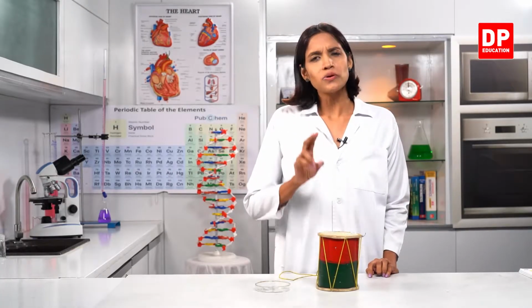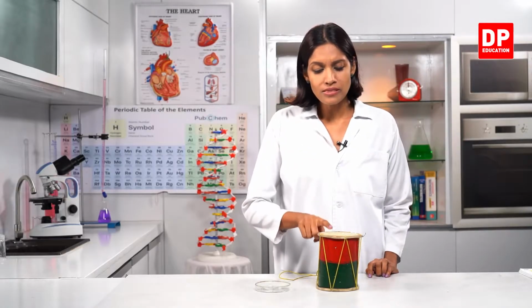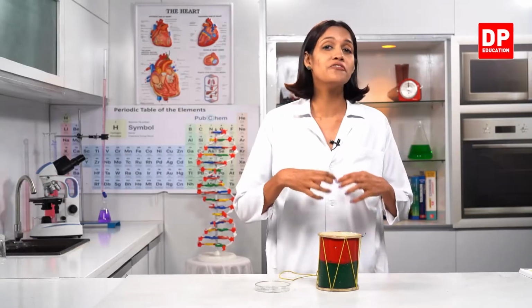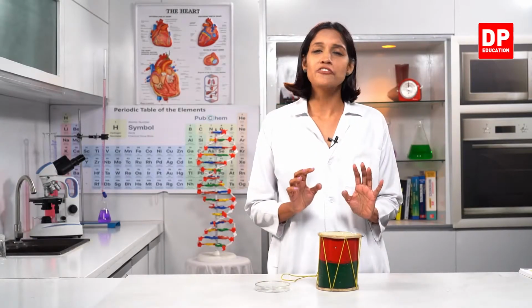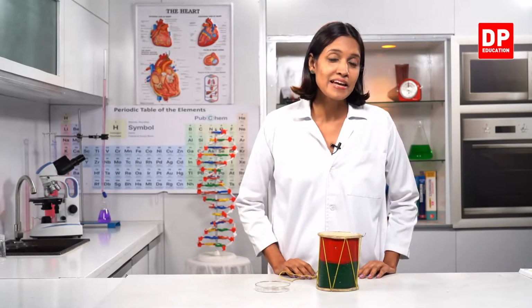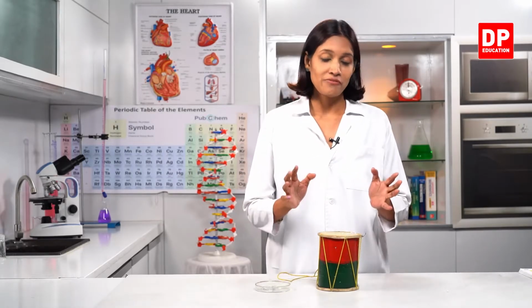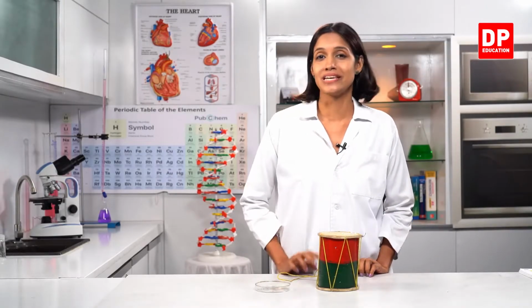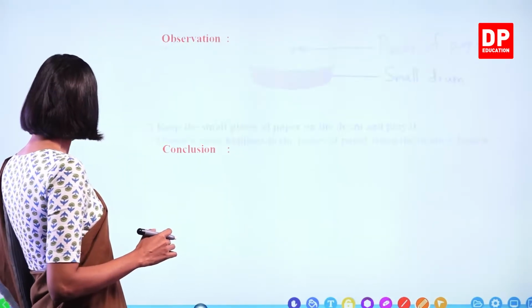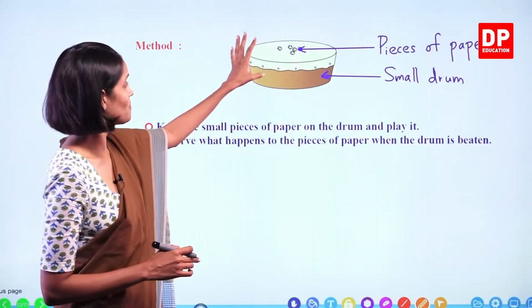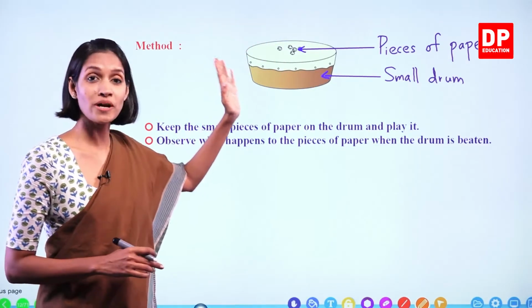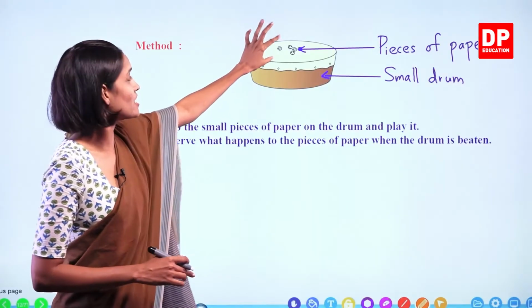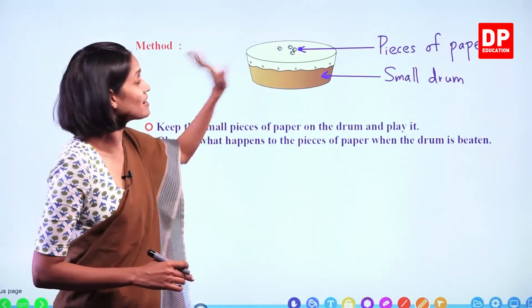Okay, children? So, only when I beat the drum, this drum skin starts to vibrate. Because of the vibration, sound is also produced. So, after doing this activity, we have to understand that sound is produced by vibrating. When it comes to this drum, it produces sound when I vibrate the drum skin or the membrane. Right, children? So, you observed what happened during the activity. So, what did we do again? We kept small pieces of paper on the drum and we started to beat the drum. So, what happened? When the drum is beaten, the tiny pieces of paper also move here and there.